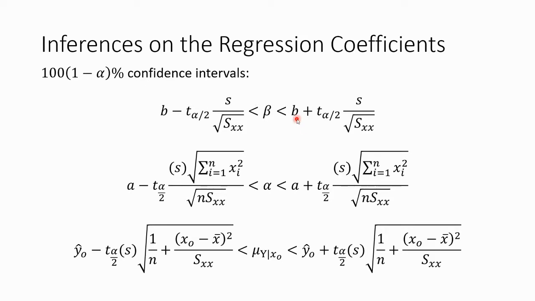Let's take the first line over here. Based on the b value that we have calculated and the t distribution, t over here, and this value s and SSx, which we will explain in the next slide later on, we can determine what is the upper limit of our